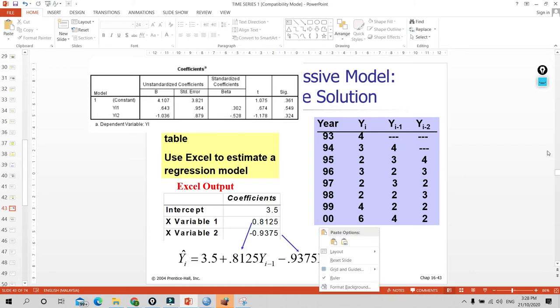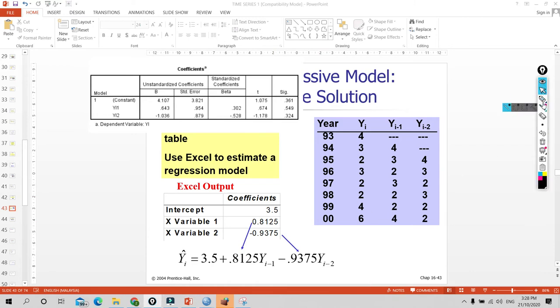Never mind. There is something wrong with this equation. By right, the function here, y hat,